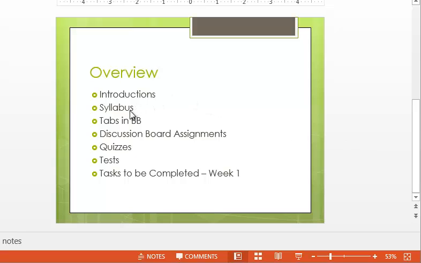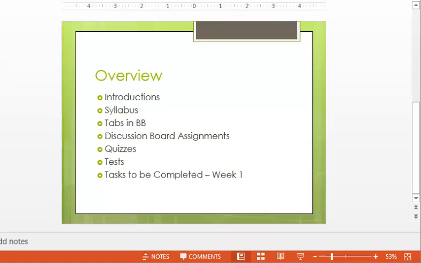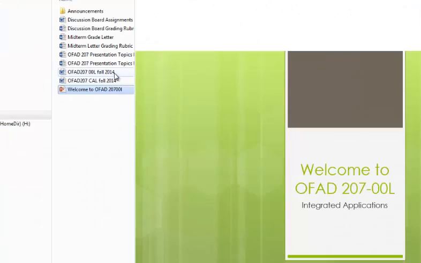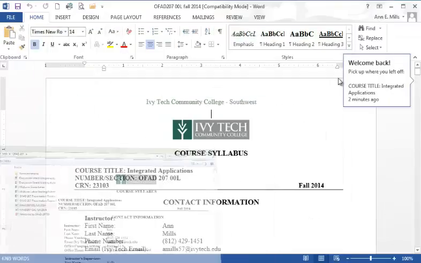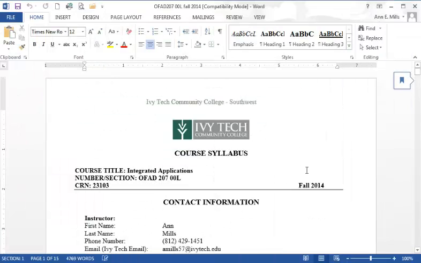I've already introduced myself, but with this syllabus I'd like to take a look at the tabs that are in Blackboard, the discussion board assignments and how to get started on those, quizzes where you can find those, the tests, and the tasks to be completed for week 1. So with that, I want to go ahead and open up the syllabus, and you can find this syllabus in the syllabus tab in Blackboard as well as in the Start